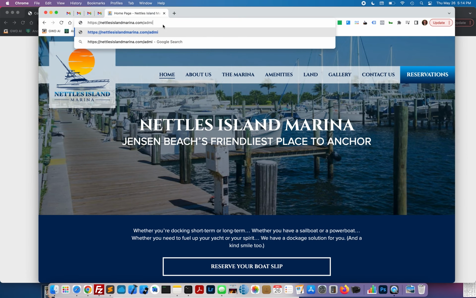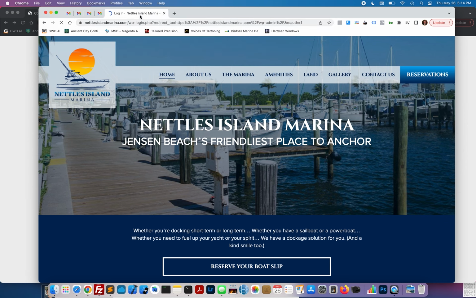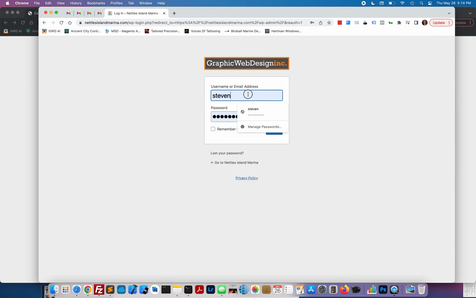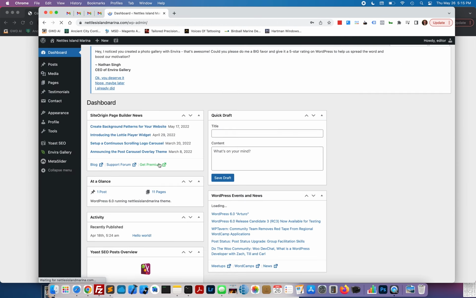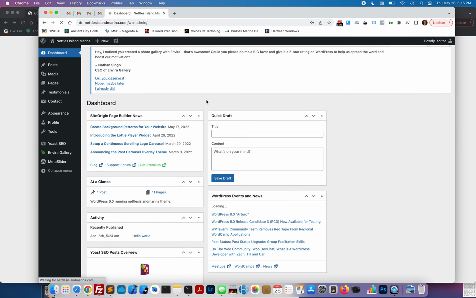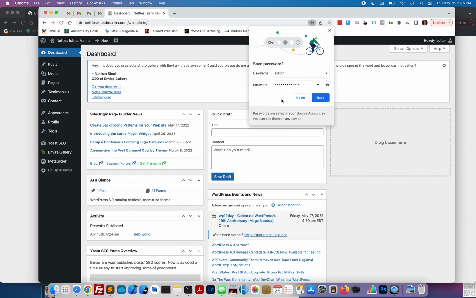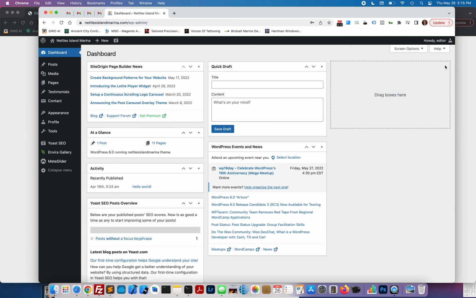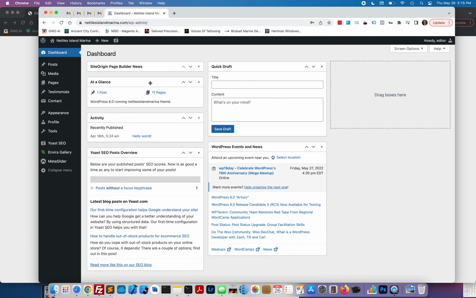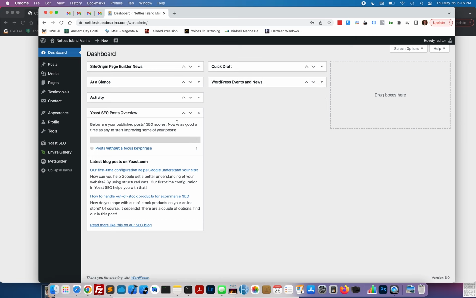So logging in, easiest thing to remember is just go to /admin, ADMIN. You'll have a login issued to you that you can use. So once you log in, you'll see the back end administration side of WordPress. You can save your password if you'd like, it's not necessary. And you get a bunch of different notices and things here. I usually just close these